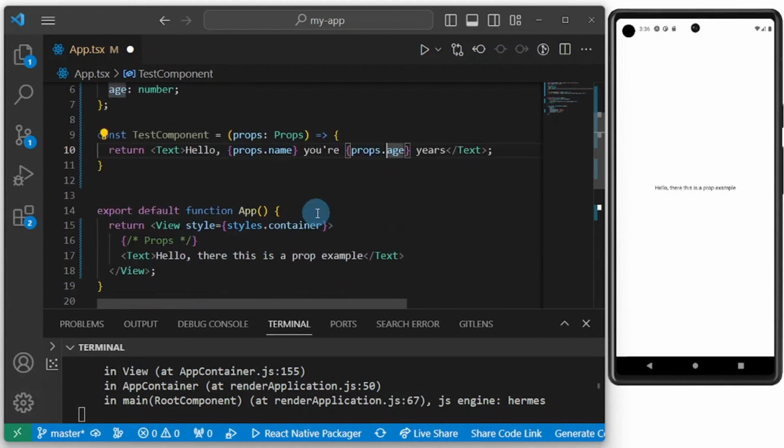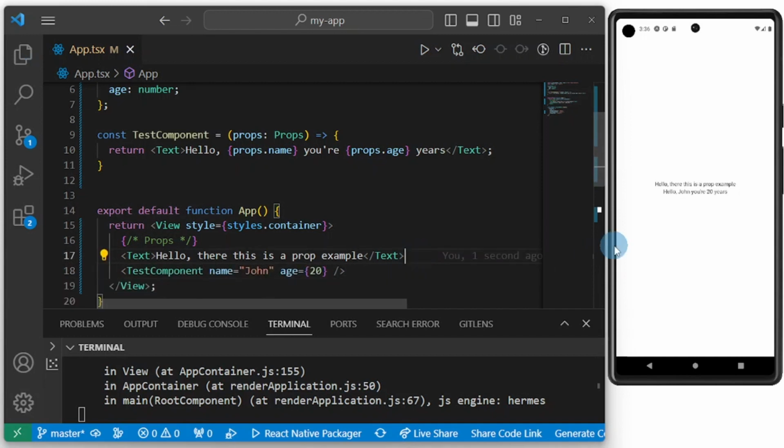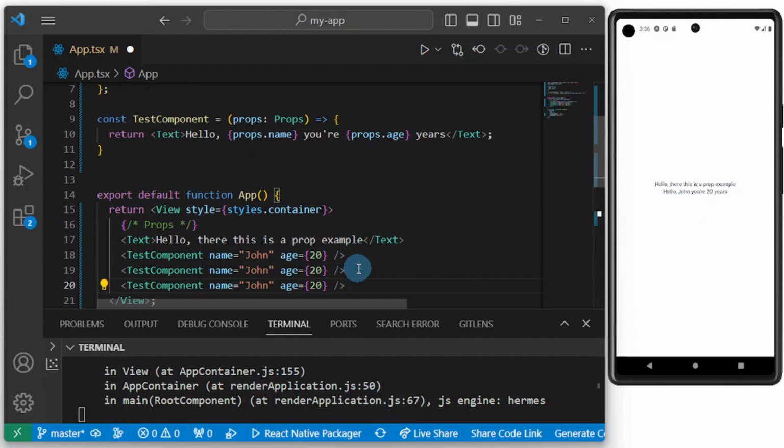All right, so in here, let's just leave this comment. I can come and pop in the components we created. When I pop this in here, you can see that it says hello John, you are 20 years old. So I can duplicate this several times and just change this to, let's say,